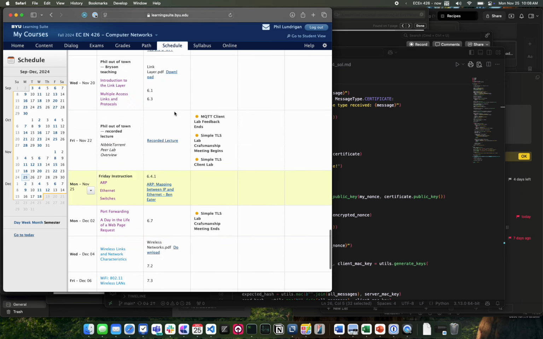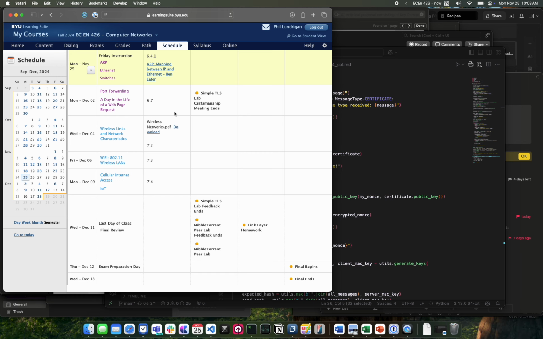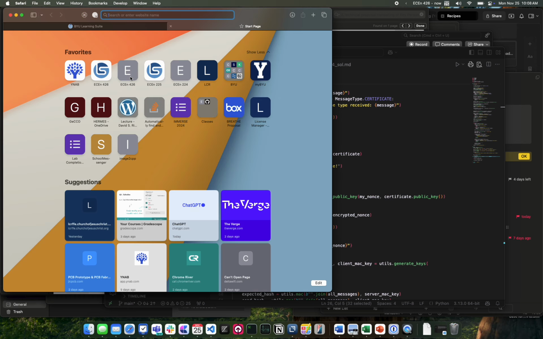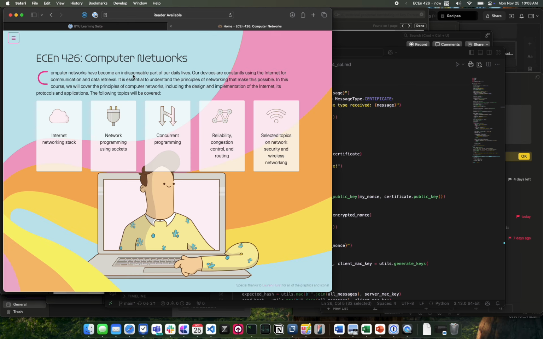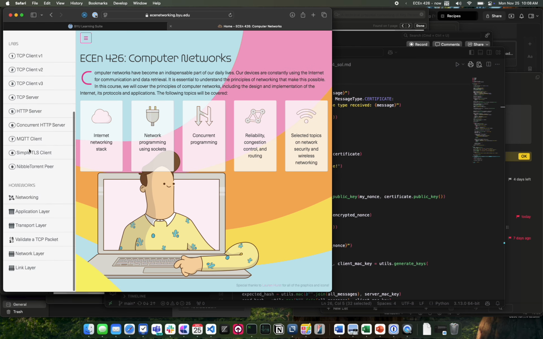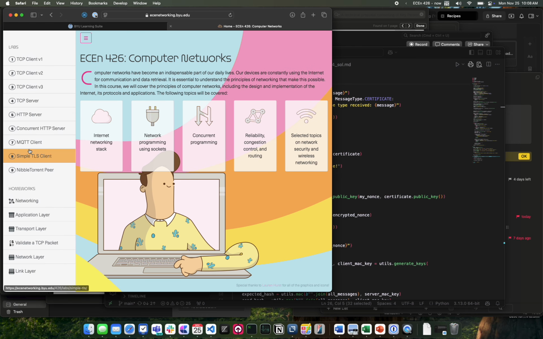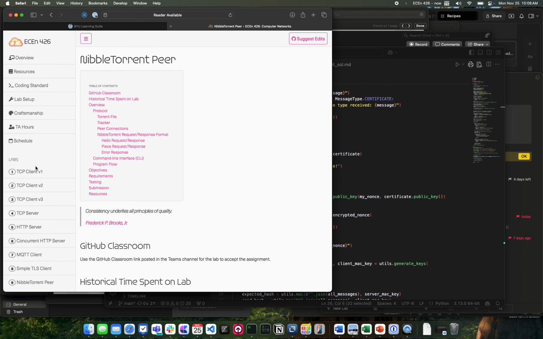I have actually a question about it real quick. Sure. So for the client, when you're acting as a peer client and you connect to another peer to ask for stuff, do you connect and then ask for every single piece you're missing from them and then close the connection, or do you ask and download one piece, cut off, and then reconnect again? I leave that up to you. I don't think it matters. I think this is the fun of it. The server should handle either one, but other peers might not actually handle it.